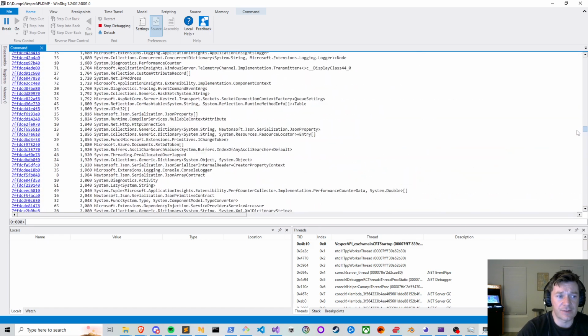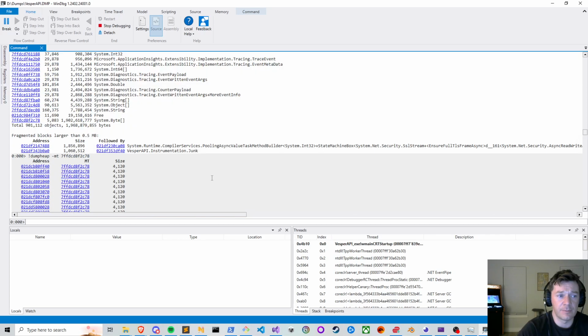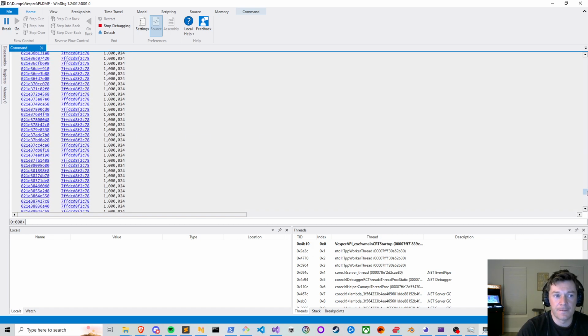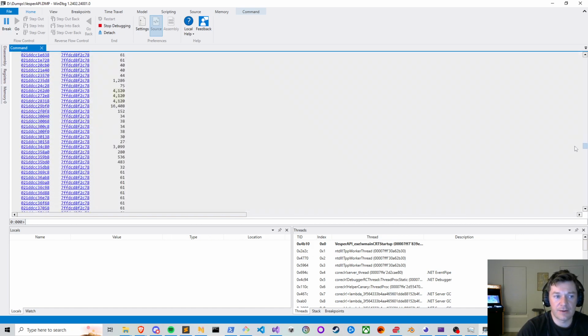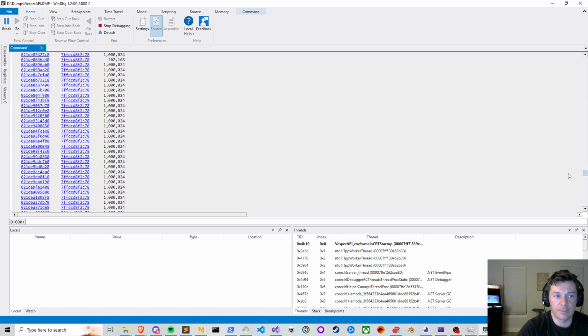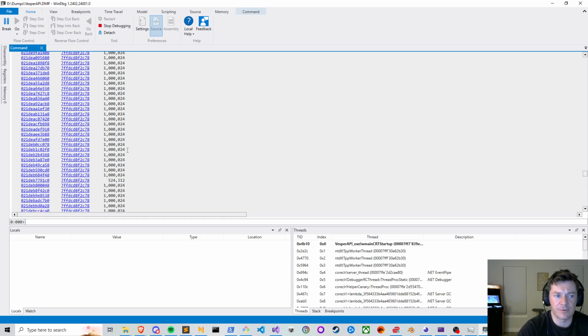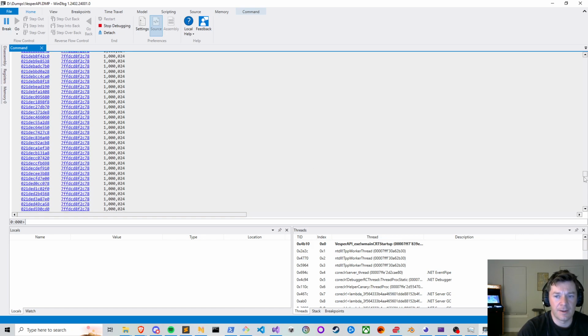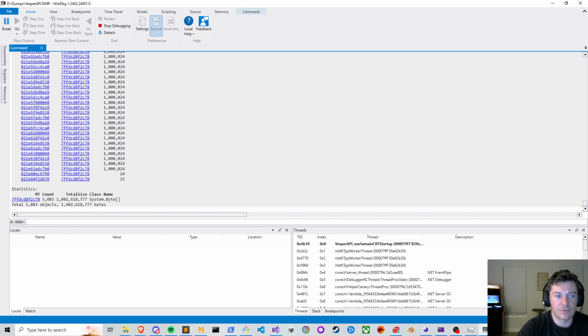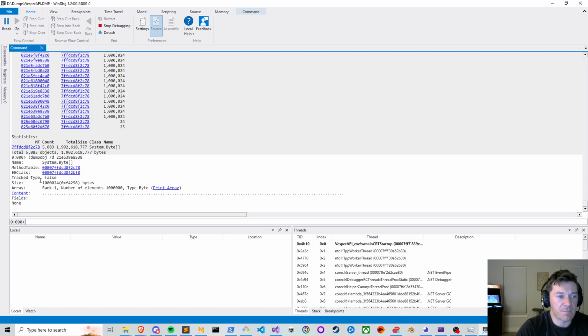The way that you can read this output is there's 3 columns. The address is the specific object. The method table is going to be the type, which is byte array in this case. And then the size is obviously the size of the byte array. So just a bunch of random ones. And then down at the bottom, you'll see there's a bunch that kind of look the same. They're the same size, which is suspicious. So if we click on one of those,